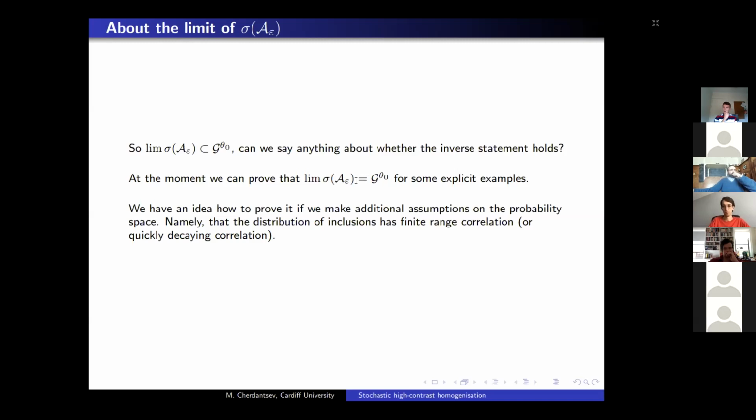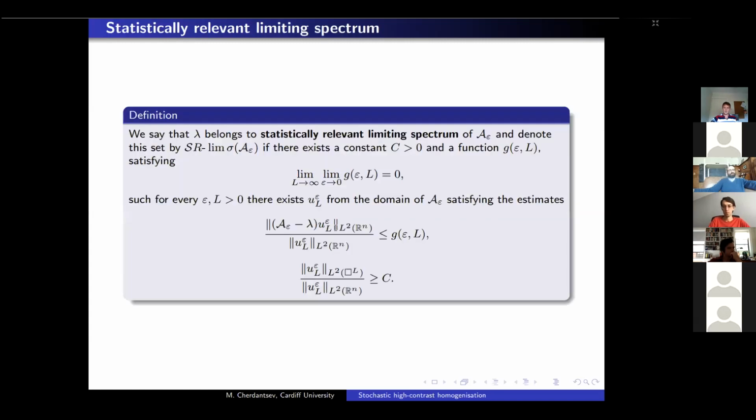correlation decays very quickly. So it means that if you take a sample, if you take the distribution of inclusions, fix it, and you take two sets that lie sufficiently far from each other, the distribution in one set is completely independent from the distribution in another set. This is what finite range correlations mean. Okay, and now I'm coming to the end of my talk. This is the last